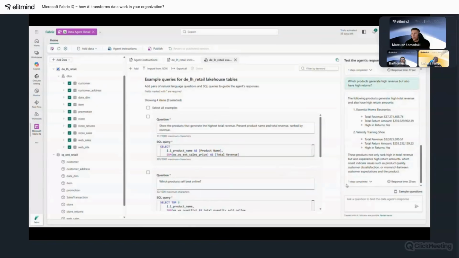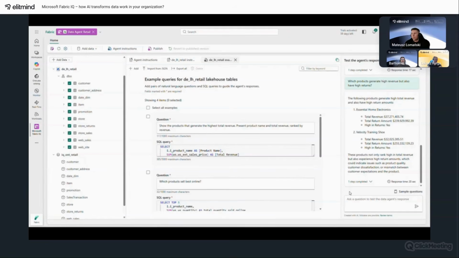The agent analyzes both revenue and return rates together. This insight is crucial for retail. It helps us identify products that appear profitable but may have quality or customer satisfaction issues. With this information, we can make better decisions about our product portfolio.